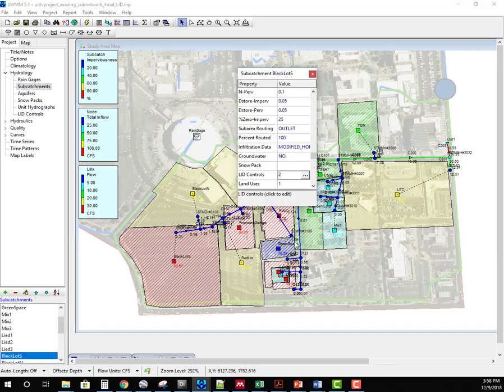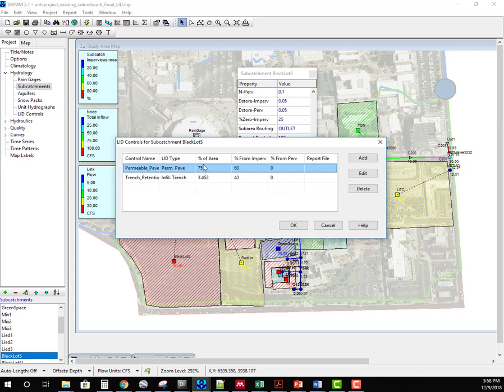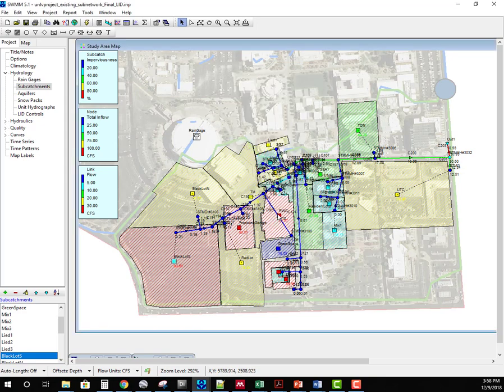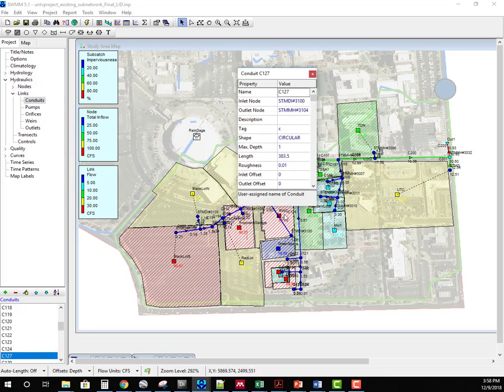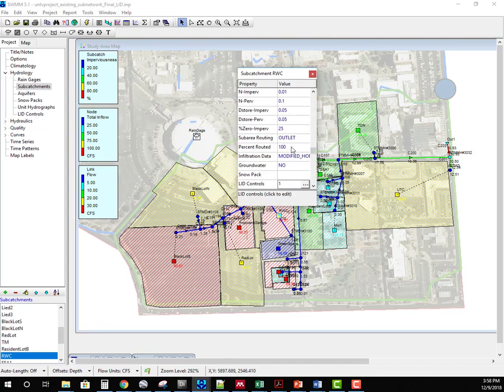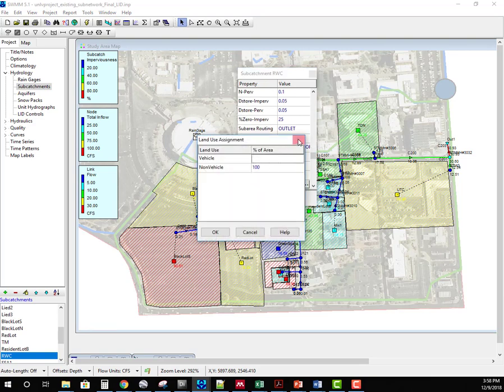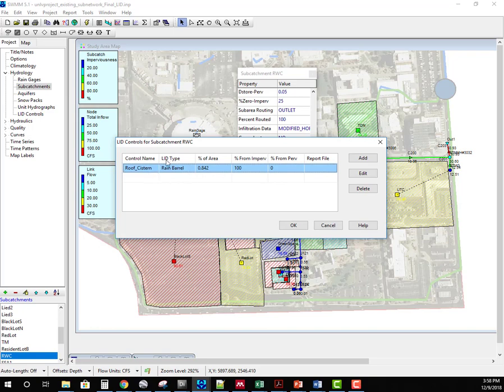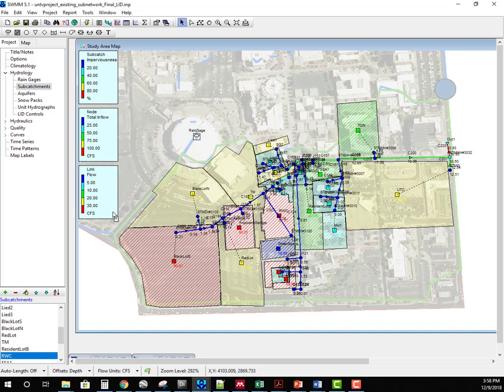For example, let's take this black slot south side. We have two LID controls in place with permeable pavement as well as infiltration trench, and similarly let's look at this RWC, which is Recreation and Wellness Center, and the LIDs that are in place. So we click the conduit, so we are not getting anything. So if we go to the land use and then LID control, we can see that we are using roof cistern in this one. So we'll summarize what sorts of LID controls we placed in what subcatchments, but let's quickly run this model,